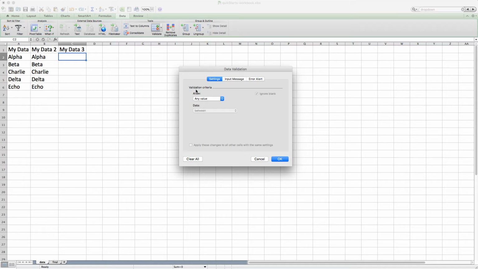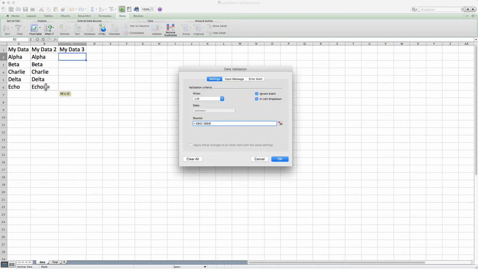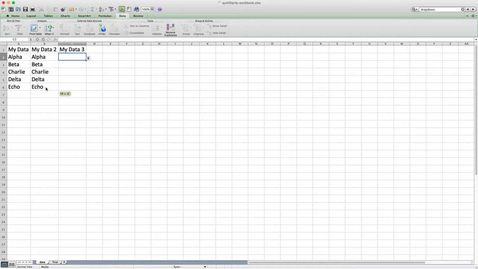In the validation criteria section, allow has a drop-down. You want to select list from that set of options, and that reveals a source field. What you want to do at that point is take your mouse and click and drag to select all of the information that you would like to have included. Hit the return key, and